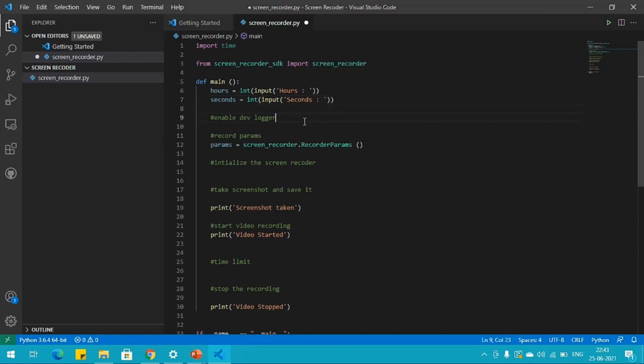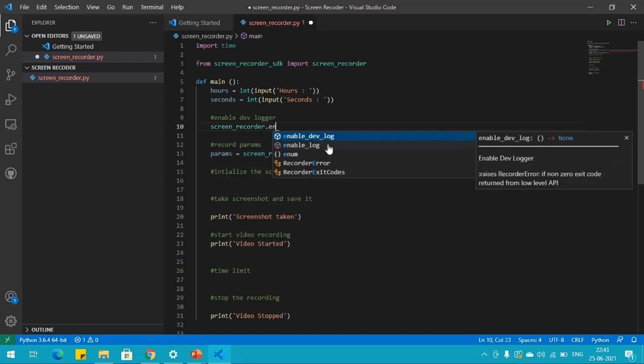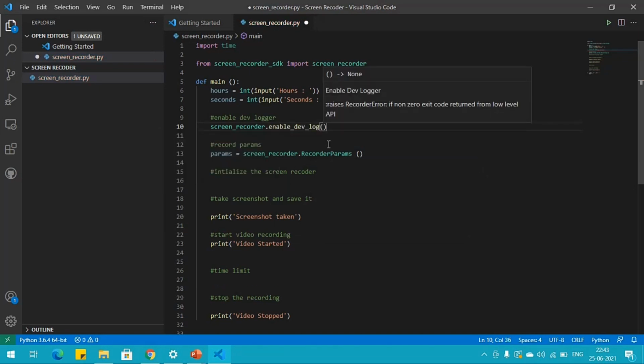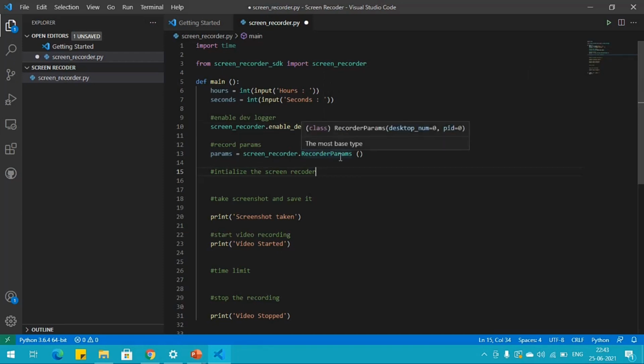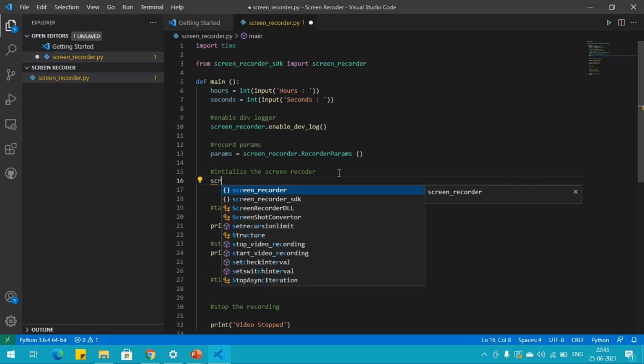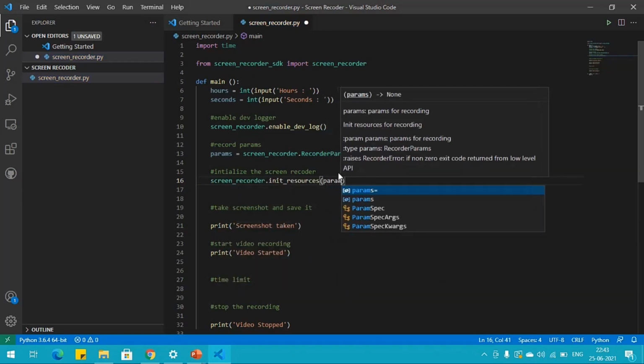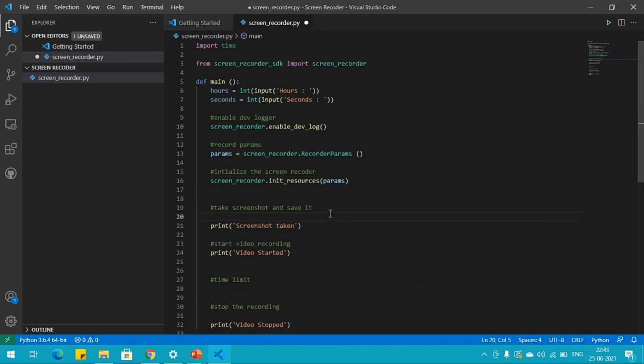After that we will enable the dev logger. Then we will record the params using the record params function, and then we will initialize the screen recorder using the init resources function, taking the params as an argument.